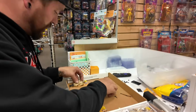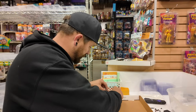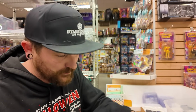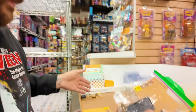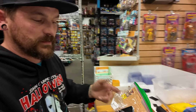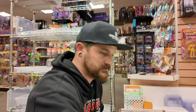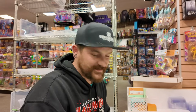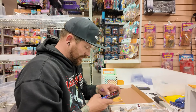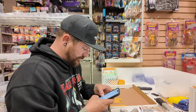So then, Crossing Guard, Desert Infantry. I need to figure out any of these, and then there you go. Exact same figure with a different card. So did they do... I'll go to G.I. Joe, Desert,